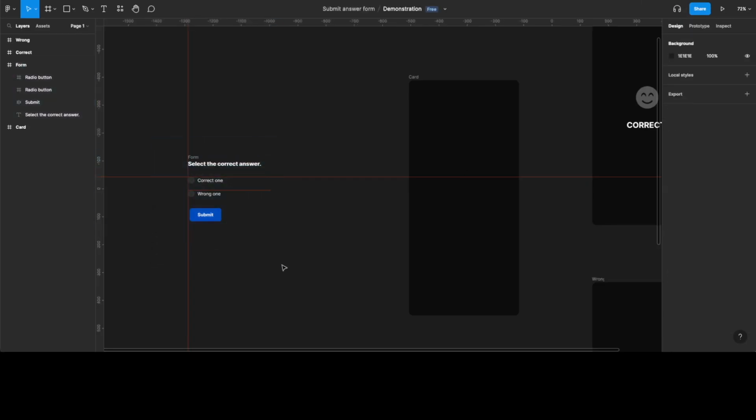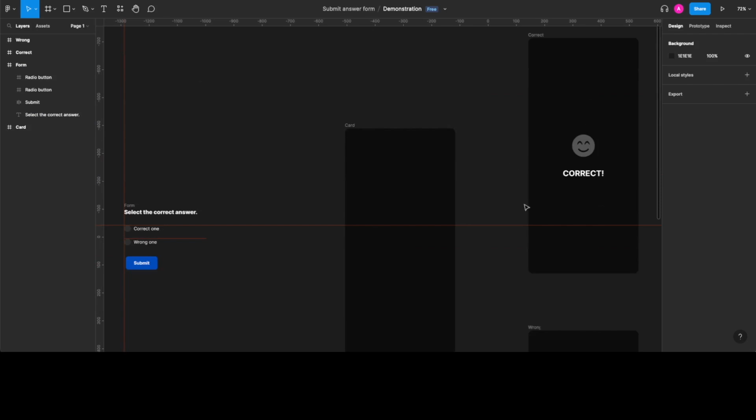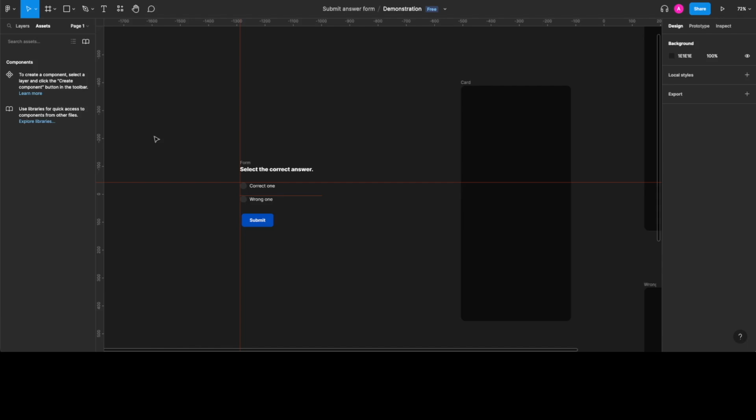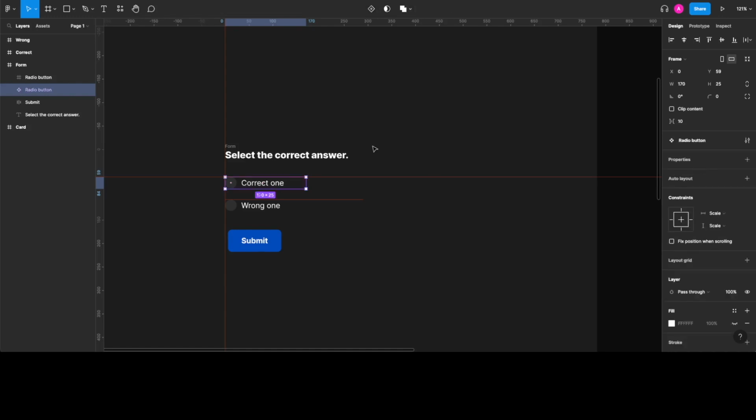I copied the required elements beforehand. As you see, we have the required elements and screens without any elements. Let's start by creating the radio button component. So I'm gonna press make a component button,